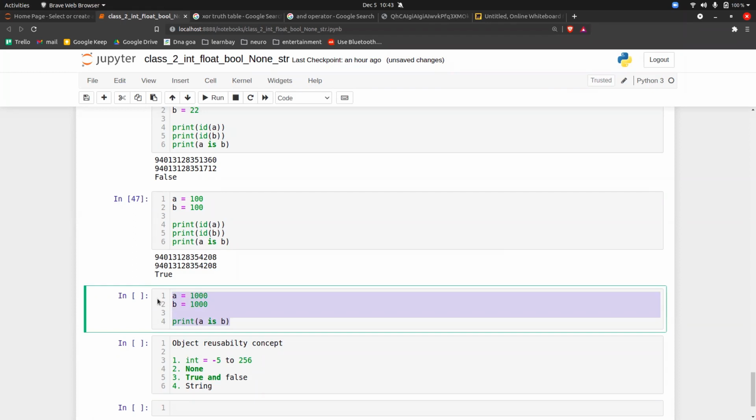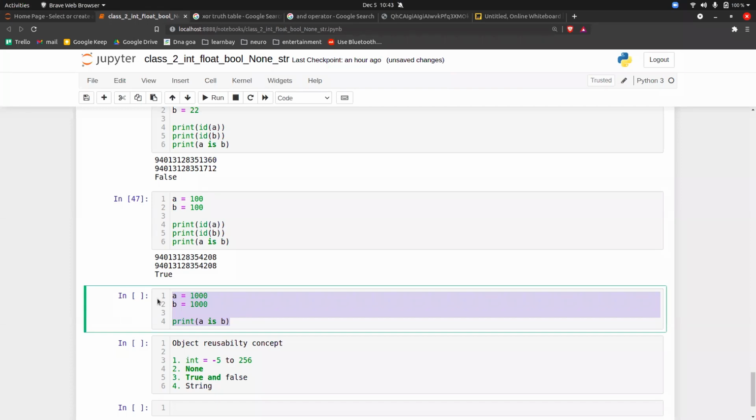This is what they have done so that everything stays within the integrity of Python. That's why when I wrote A equal to 100 and B equal to 100 and checked, the ID was the same, because 100 was within the limit for integers. But when I did A equal to 1000 and B equal to 1000, it is not within the limit. This question will be asked by the interviewer.